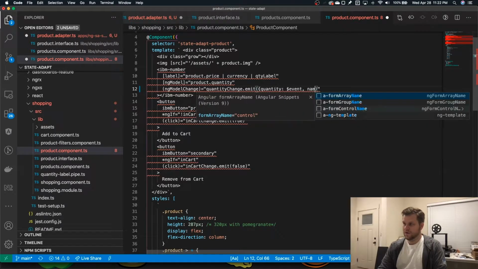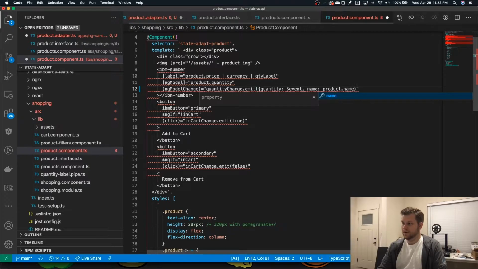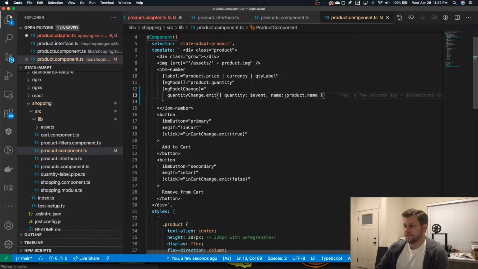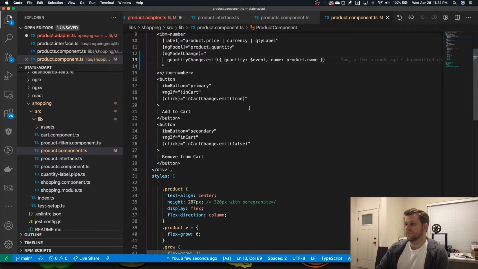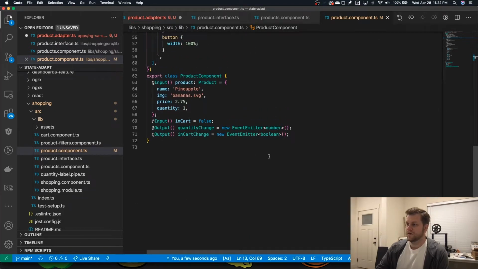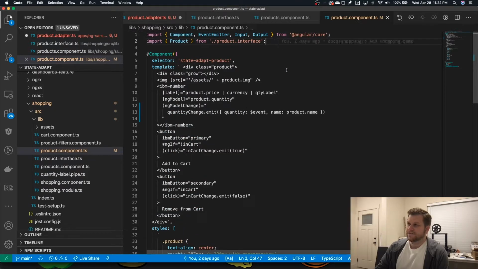Quantity, product.name. We could do that, and that would change it. There's not type checking right now. Haven't really set that up, I guess. But so we need an interface,